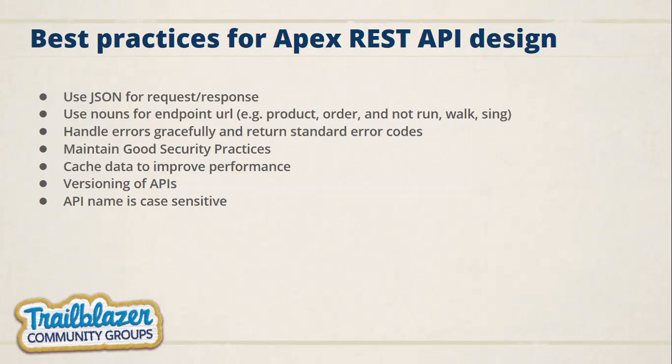Handle errors gracefully and return standard errors. Basically, let's say the API you're giving throws an Apex error, and the same error goes to the client. They will not be able to understand what that is. So it is always good practice to handle that particular Apex error and show a specific error message, like an internal server error happened, or please contact the system admin. That kind of error we should give to the caller, with standard codes like 200, 300, 500.